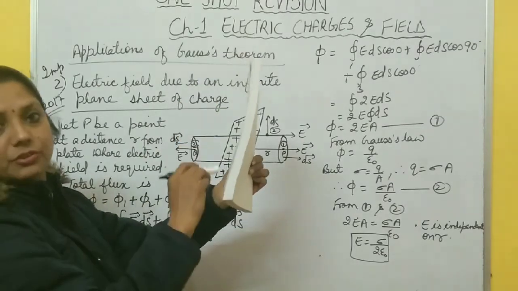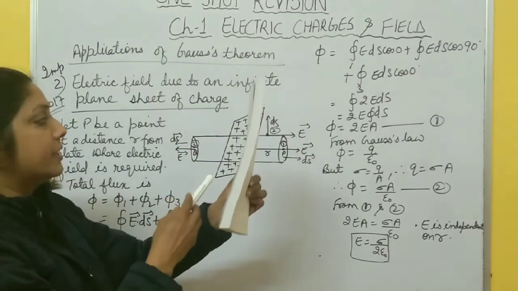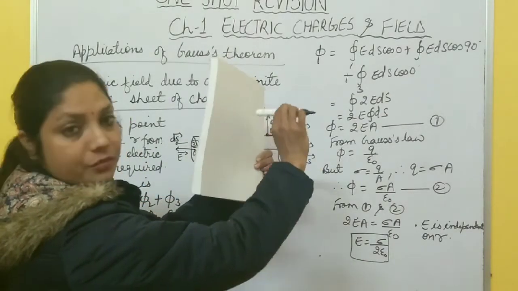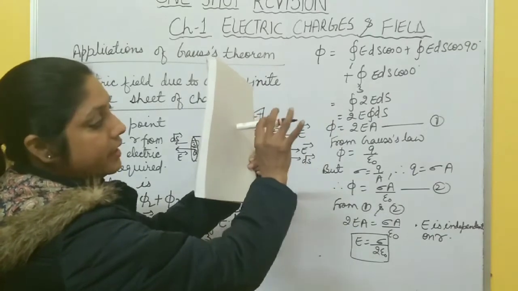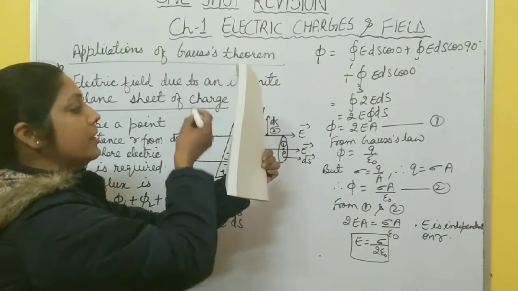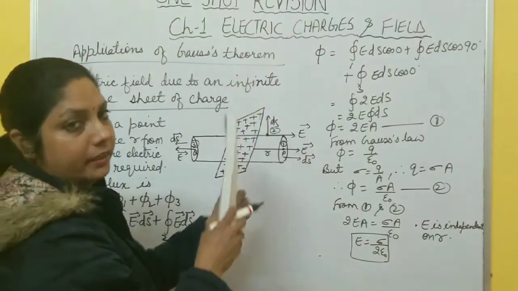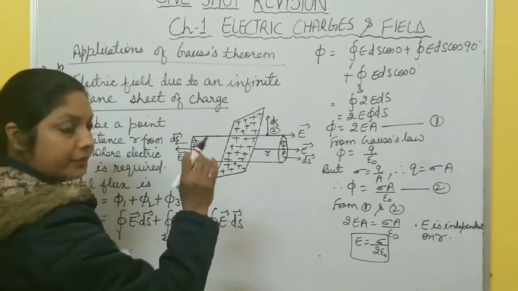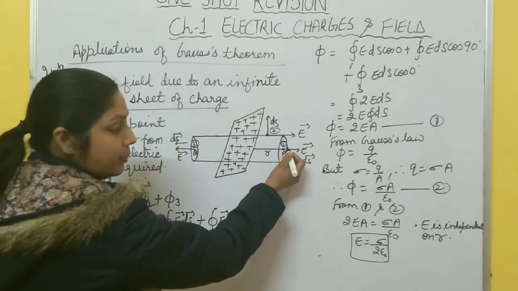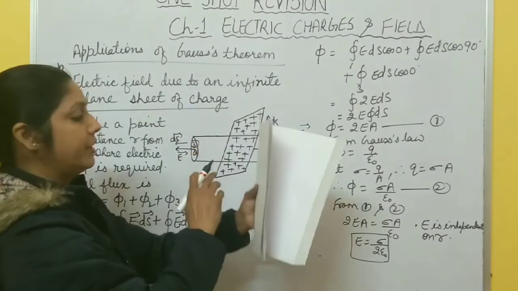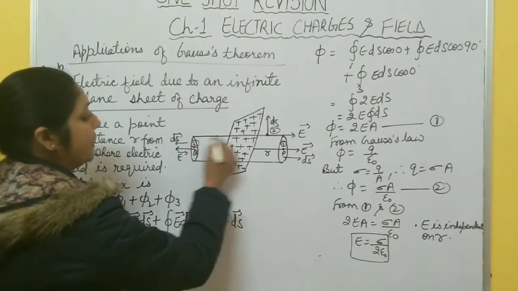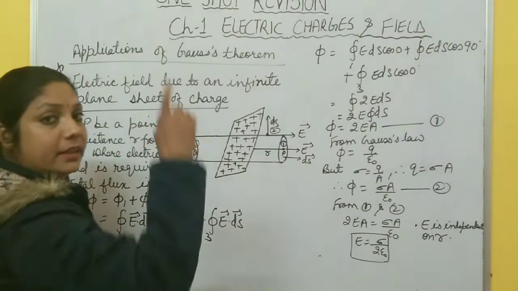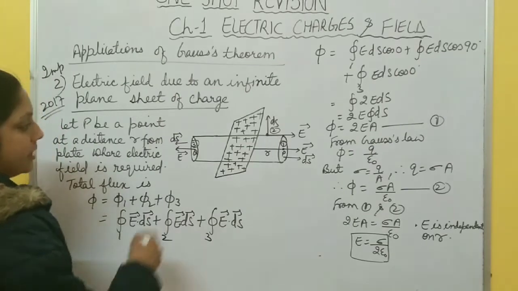So to enclose this charge, we draw a Gaussian surface. Here again, what type of Gaussian surface? Electric field is the same at equal distance from this plane sheet. Suppose at distance r here the electric field, and at distance r here the electric field, is the same. So you draw one cylinder again to enclose this plane sheet of charge, right? Here the only difference is that the electric field is the same at this point. This is a three-dimensional figure, so you draw one flat cylindrical surface, and in the case of the wire, there is a straight cylindrical surface, right?